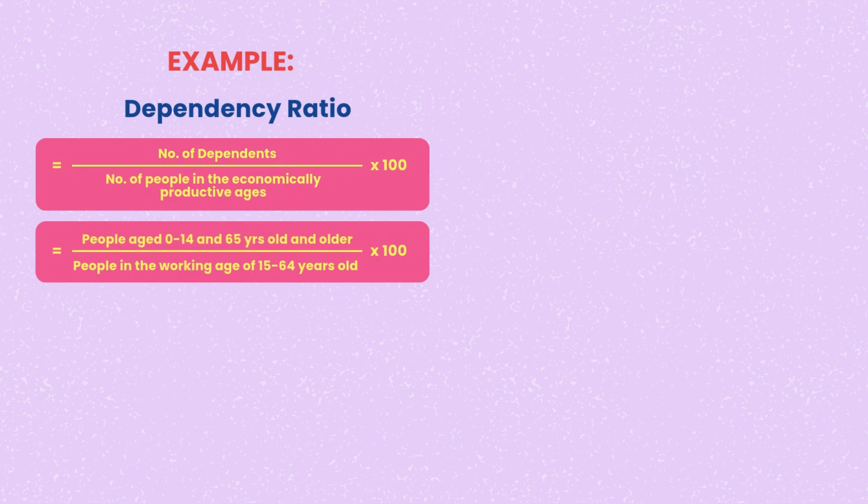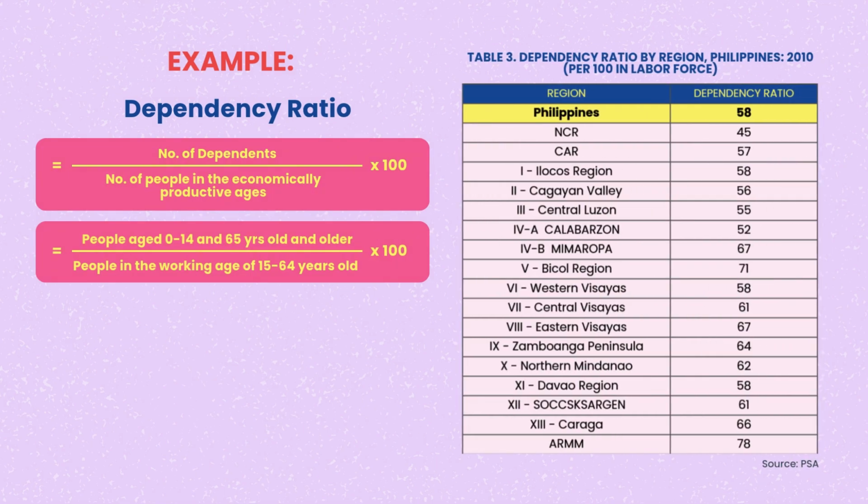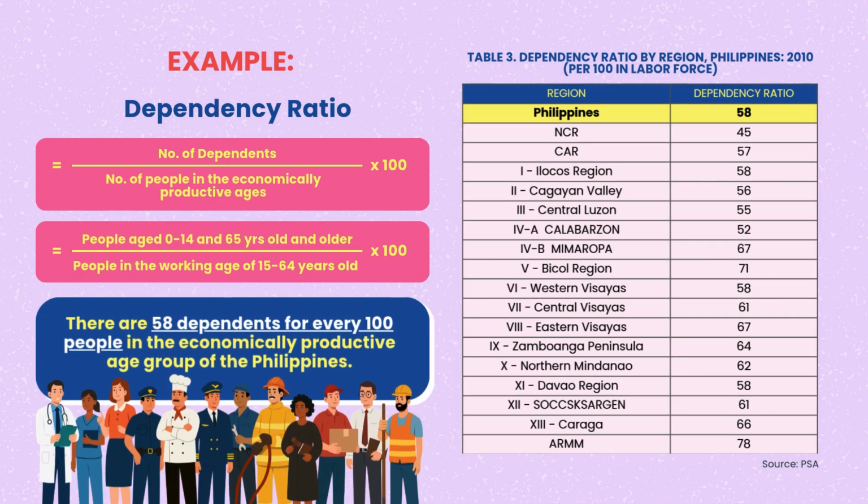Instead of computing for the ratio, we have here Table 3, Dependency Ratio by Region in the Philippines in 2010. And this is provided by the PSA. So, let us go ahead and interpret the dependency ratio for the Philippines. There are 58 dependents for every 100 people in the economically productive age group of the Philippines. Ideally, you would want a lower dependency ratio, because a higher dependency ratio would mean that you are overburdening those